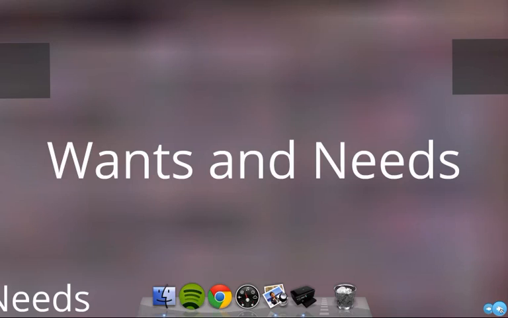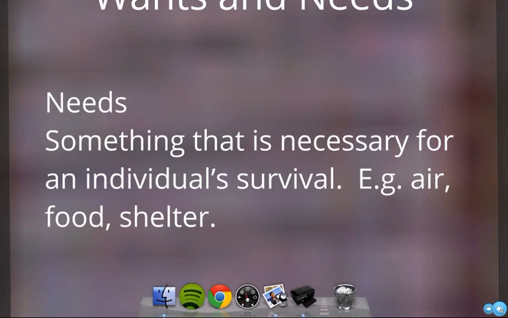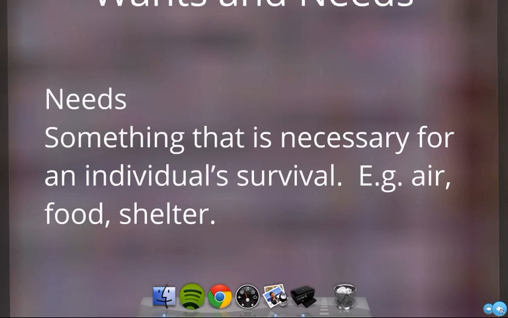When we talk about economics, one of the first things we need to talk about is the idea of wants and needs. Part of economics is satisfying your wants, but before we even get to our wants, we need to first talk about our needs, particularly when it comes to economics and spending money. Our needs are things that we have to have in order to survive. These are the first things, and sometimes not even choices, when it comes to economics. Things like air, food, and shelter. Before we can determine what we want, we obviously have to determine and take care of what we need.